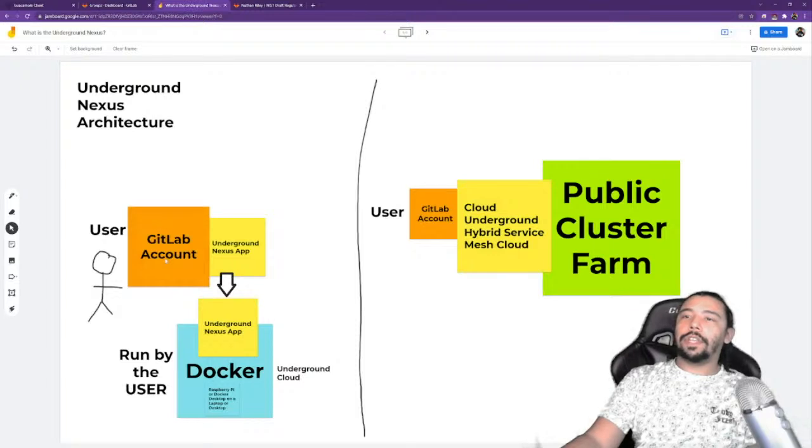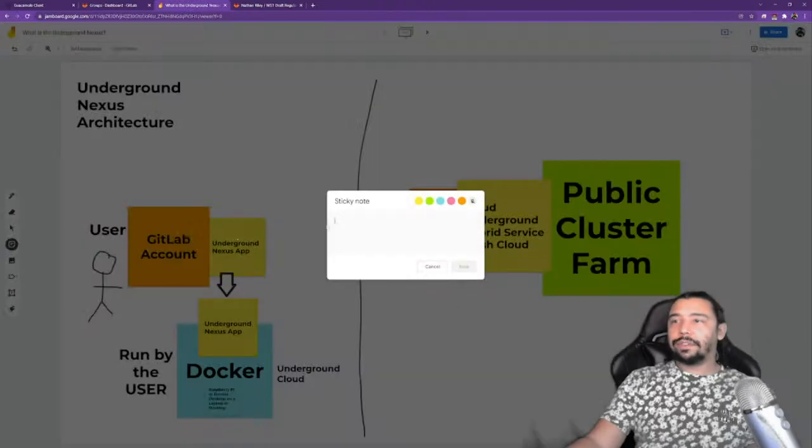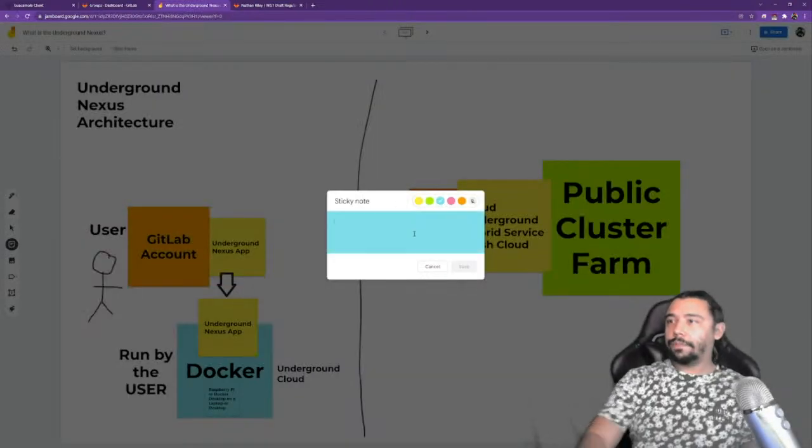So your free GitLab account is kind of like your public cloud, and then your Docker is like a little underground cloud for you, where you can scale out as much of your data center resources as you want, and then you can continue to use resources up here. Now, the way that we have ours set up is, let's see.